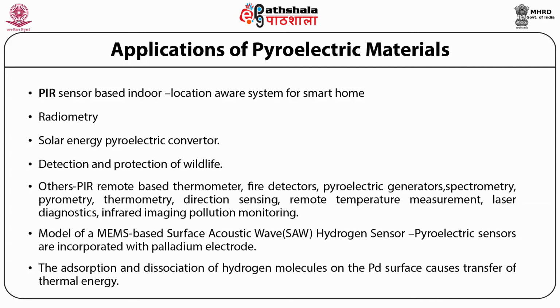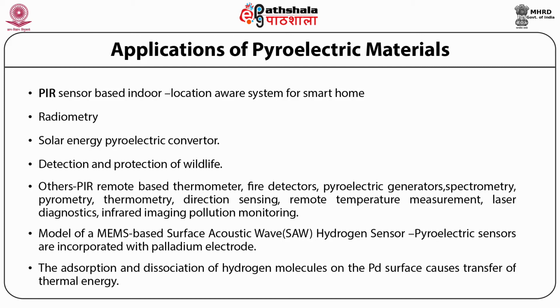Next is the model of MEMS-based surface acoustic wave hydrogen sensor. Hydrogen is a very important element in the industry. However, its careful handling and monitoring are crucial since it is explosive in air. SAW sensors can be used for hydrogen detection due to their small size, low fabrication cost, ease of integration, and